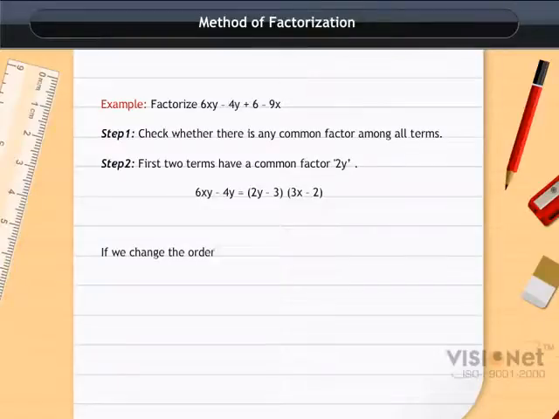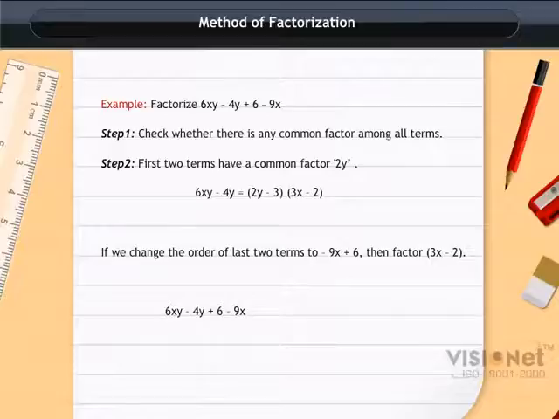If we change the order of the last two terms to -9x + 6, then the factor (3x - 2) will come out. Now put the factors of all the terms together. 6xy - 4y + 6 - 9x = 6xy - 4y - 9x + 6 = 2y(3x - 2) - 3(3x - 2). Take the common term, which is (3x - 2). Then the expression changes as (3x